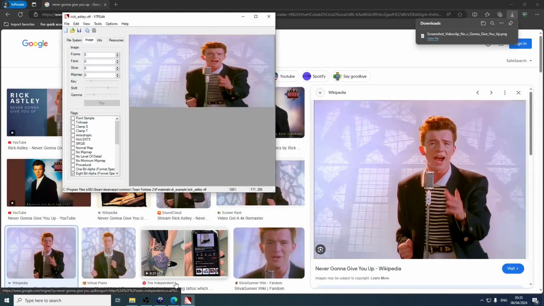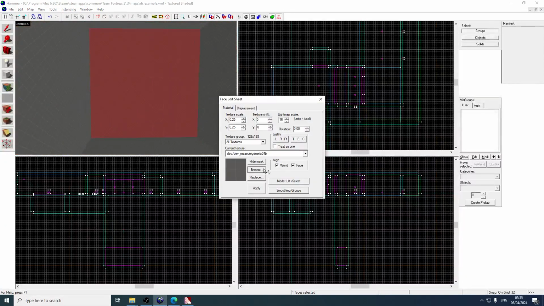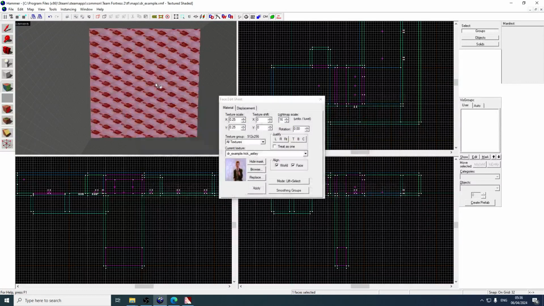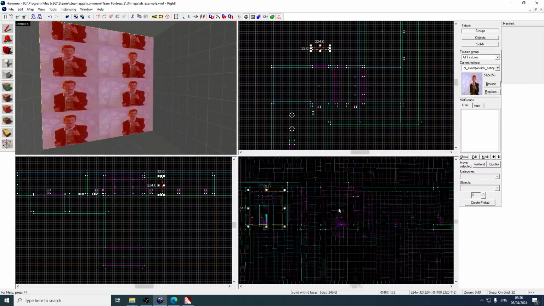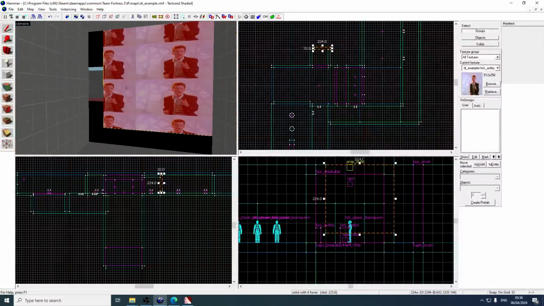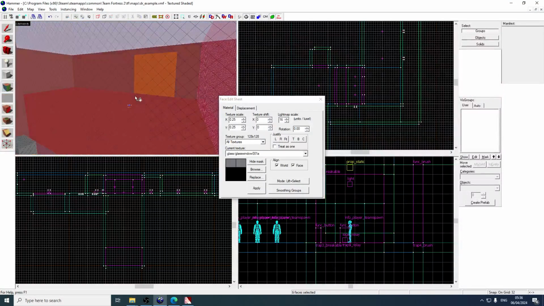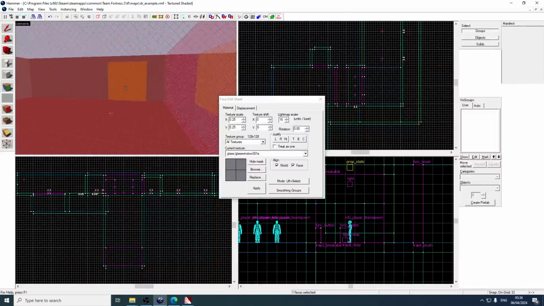Just do Rick Astley. There he is. Now, same procedure. It's a bit annoying because you know why it's doing that. It's because of the glass texture. It's how the glass texture works. It basically